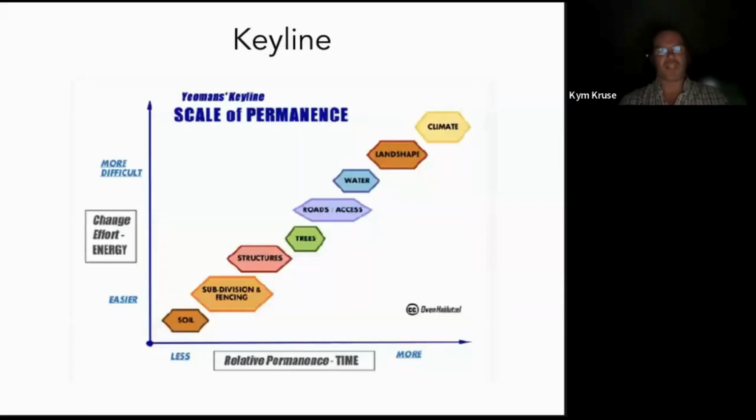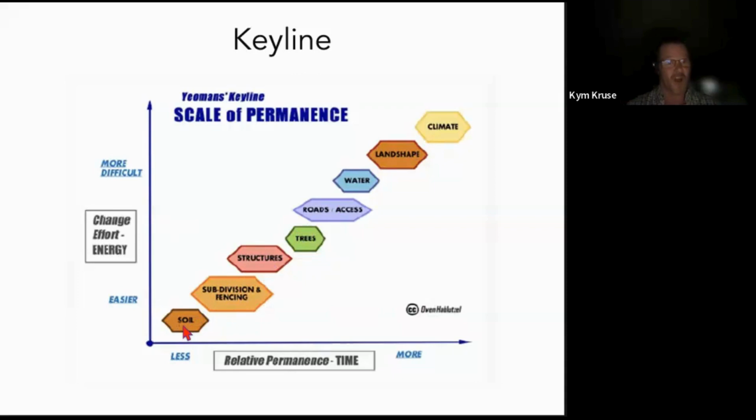Keyline's the other one that I mentioned, and Keyline's really a land planning tool. P.A. Yeomans, the inventor of the Yeomans plow, which many people are familiar with in relation to Keyline, created this land planning tool in terms of the scale of permanence of different things. When you come to designing your farm or land holding, whether it's an existing property or one you're about to buy, the scale of permanence of these different things varies. Right down the bottom, soil is the easiest thing to lose,